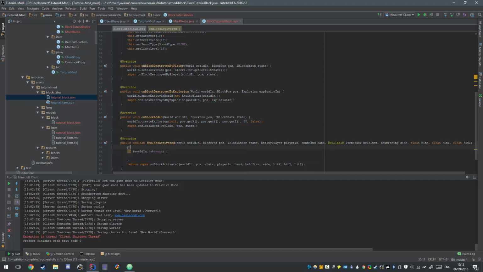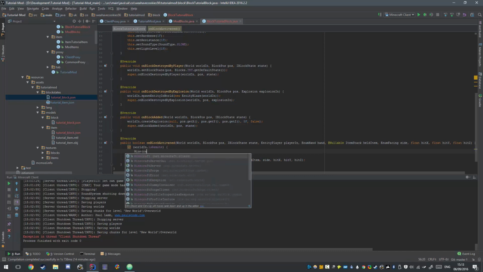If we do it like this though, we can open it on the server because this is handled using a GUI handler, which on the server will open the container, and on the client it will open the GUI. So that's something to note, but we're just going to do